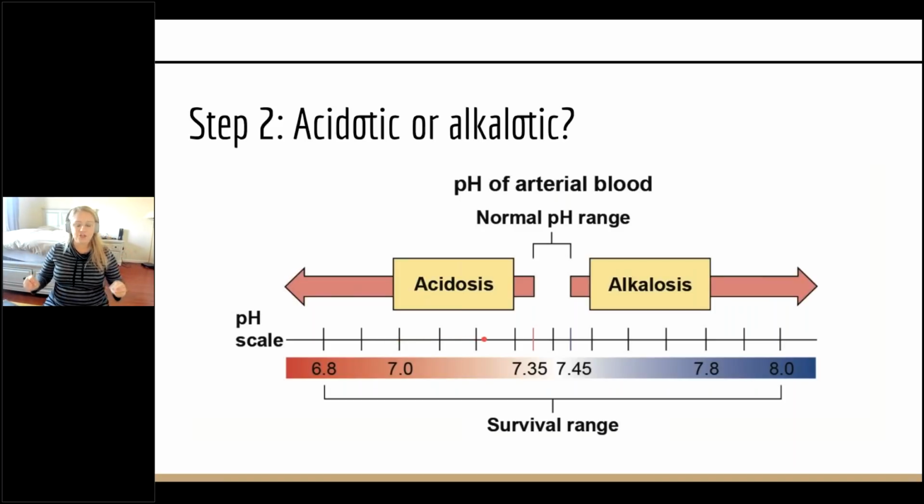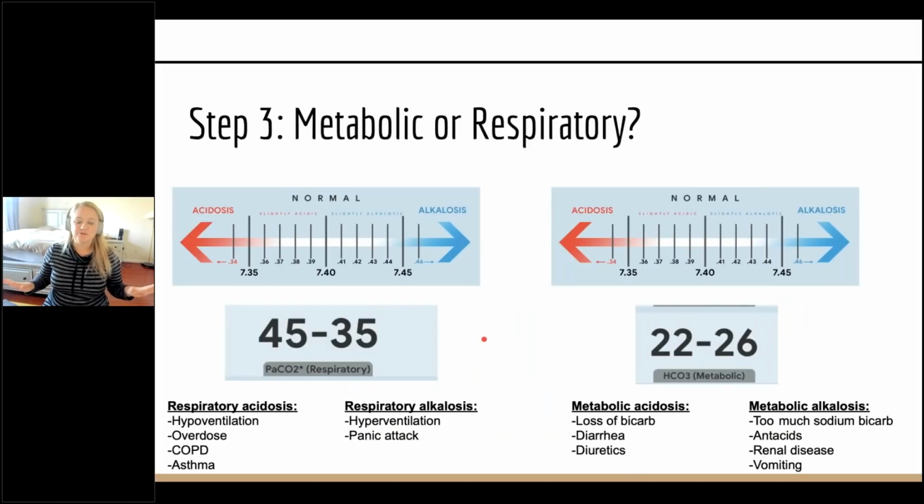Look at the pH. What side of the spectrum does it fall on? Low numbers are acidotic, high numbers are alkalotic. Now we're ready for step 3, the hardest step of all. Where did this problem come from? Now we have to find out,